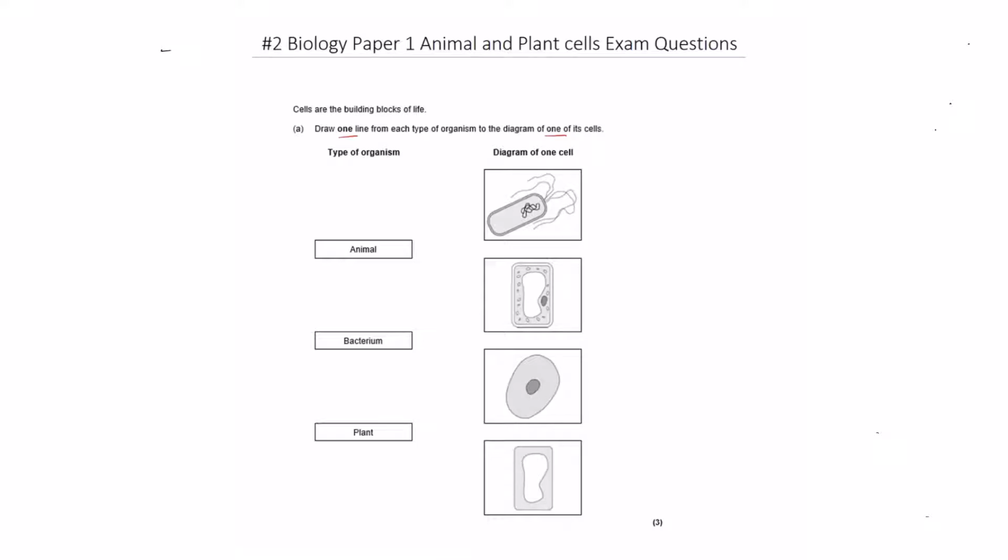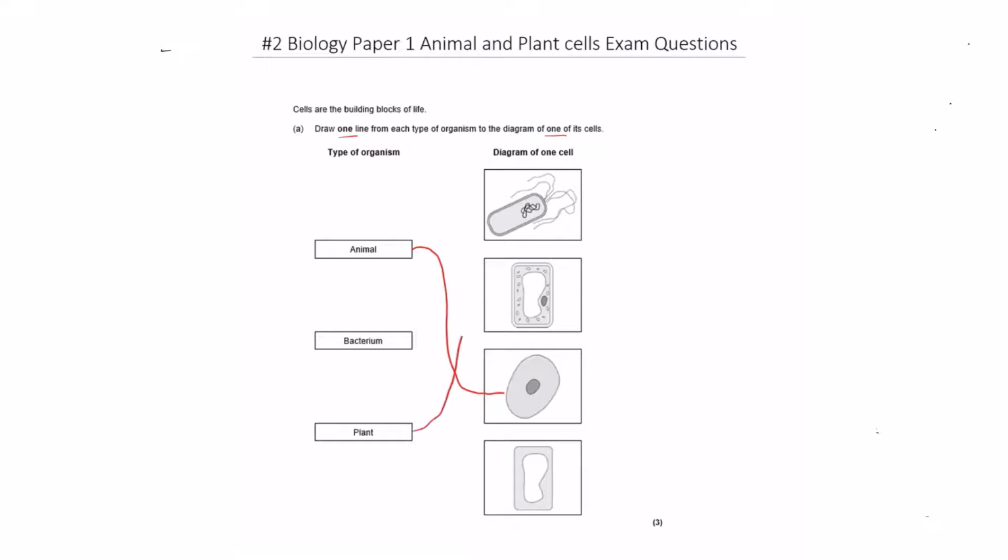Okay, so let's have a look at how we can process this question. I think initially the most obvious match is the animal cell, because we can clearly see the structures of the cell membrane, the nucleus and the cytoplasm. The second and the fourth diagram, they have some similarities. They're both rectangular in shape. However,